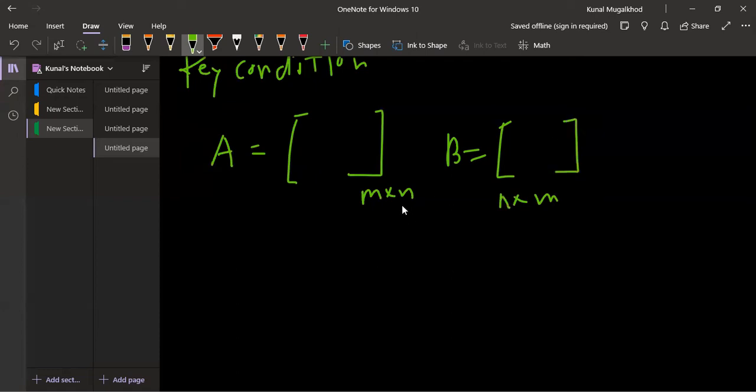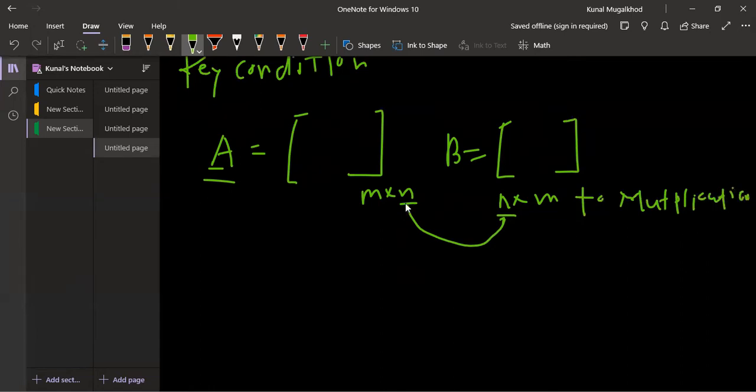So this n and this n should match. The columns of the first matrix and the rows of the second matrix should be the same. Only then can we do the multiplication. This is the prerequisite condition while doing matrix multiplication.